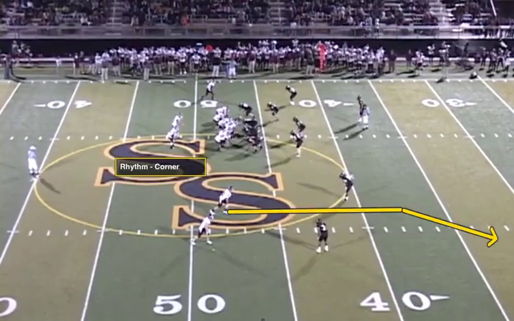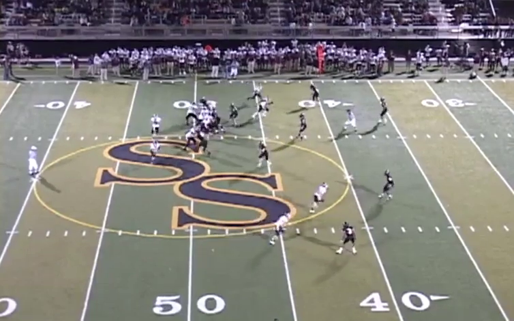Okay, here's another look at a rhythm corner here. So we're going to use that horizontal hard deck pre-snap to gauge the dominant position of defenders. We can see there that the route side space of the corner is uncapped pre-snap, but just because it's uncapped pre-snap doesn't mean it will hold true post-snap. So we got to read